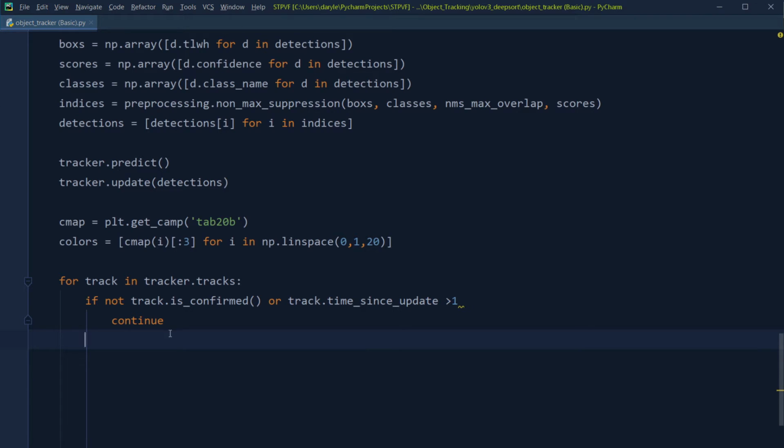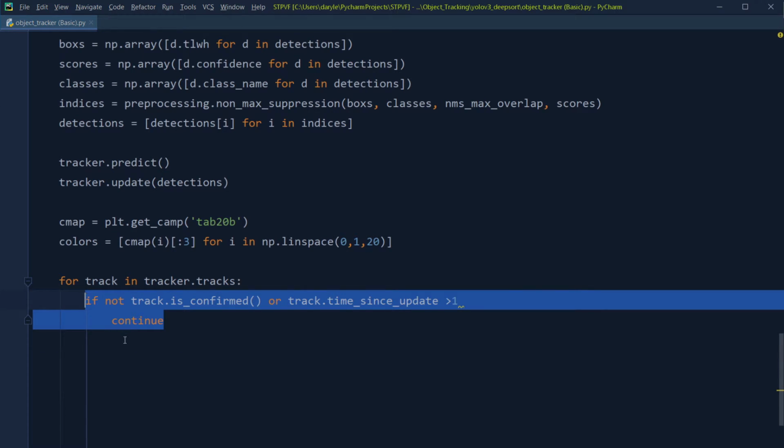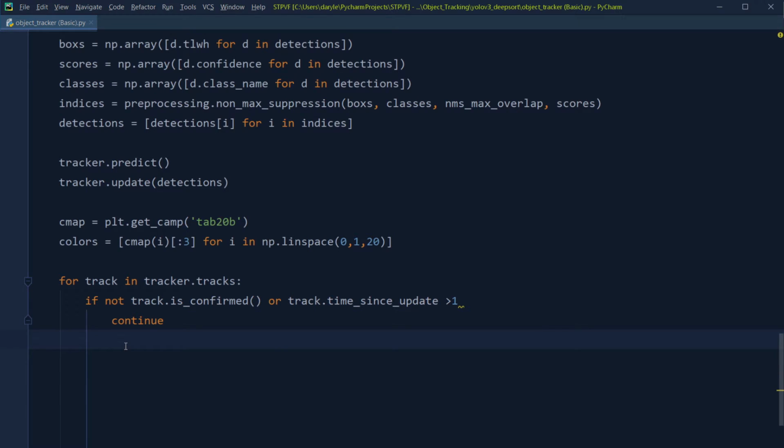This statement means that if Kalman filtering could not assign a track, and if there is no update in the track, we will skip this track. So just to make sure there are some updates, and also that there is an assigned track. If everything is fine, then we will move on to get the box